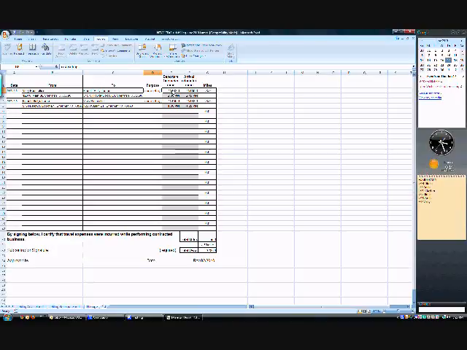Now it's going to calculate your mileage for the month. And again, this is pre-approved mileage. It's going to come up with the total. The current rate is 50 cents per mile, so it's going to calculate $28. Now again, we've gotten to a point where we've entered some information. I'm going to save this so it doesn't lose it. Now, $28 for mileage. And again, you only enter